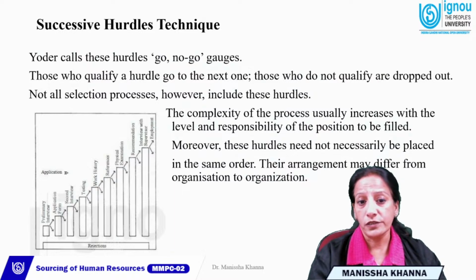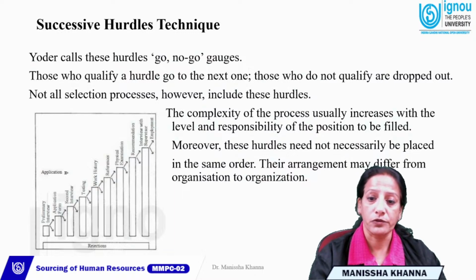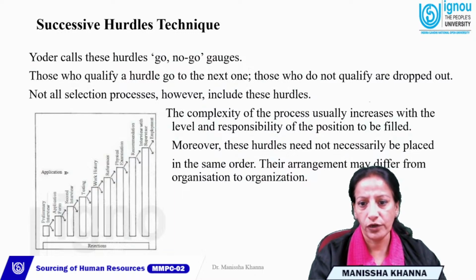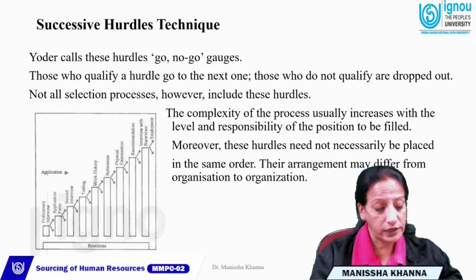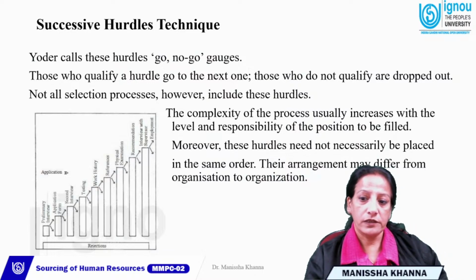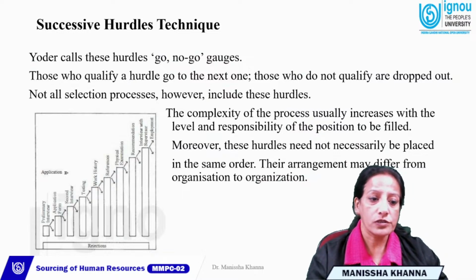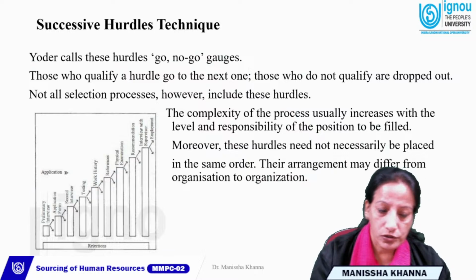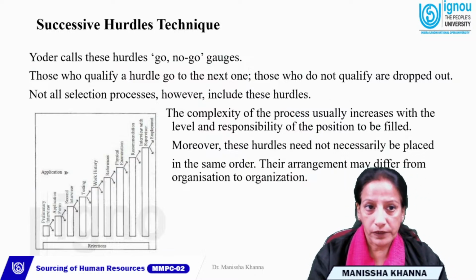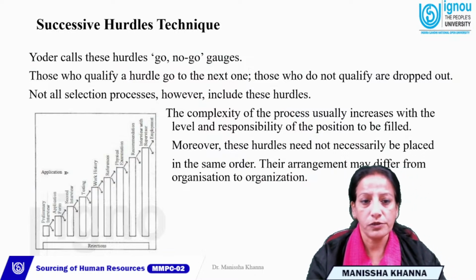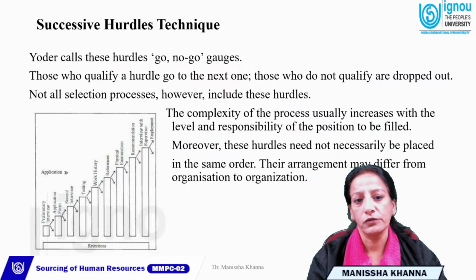It includes these hurdles. The complexity of the process usually increases with the level and responsibility of the position to be filled. Hurdles need not necessarily be placed. Their arrangement will differ from organization to organization. So this diagram depicts the go-no-go gauges very well, because one who qualifies the hurdle goes to the next one,